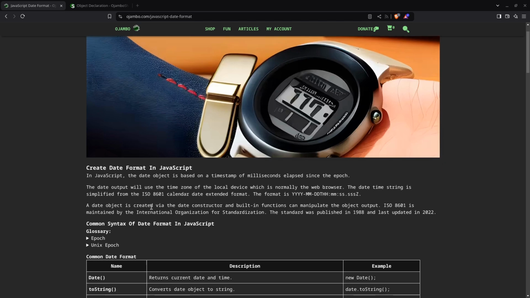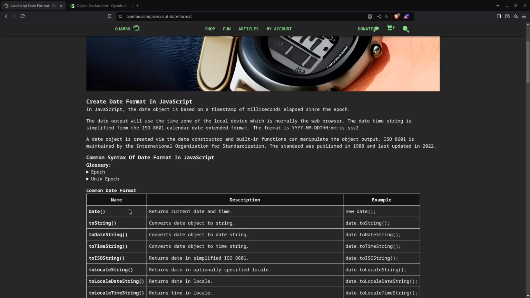So for example, what we're going to do here is you might want just the string. To use toString, you get the date object as a string. You might want it, or you might only want the date string part of it. So you can use toDateString. You might only want the time, you do this. And if you want the